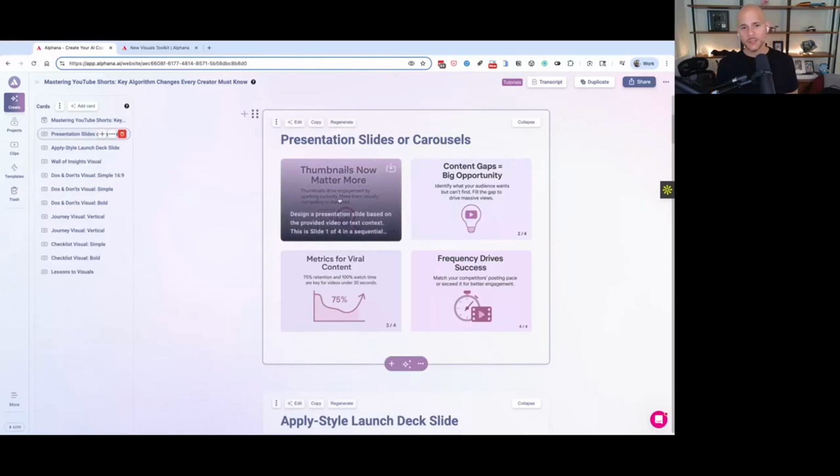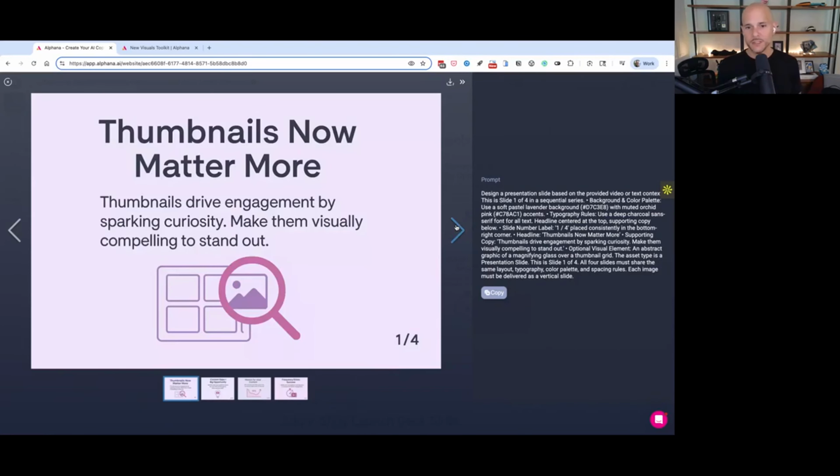But the intent behind this is to think about it as a presentation, to give you the high level concepts. So in here, let's see, thumbnails now matter more, right? Thumbnails drive engagement by sparking curiosity, make them visually compelling to stand out. You see, in the video, when he's talking about the YouTube algorithm, he talks about how YouTube thumbnails and titles are like 50% of what's going to help drive people to your video,